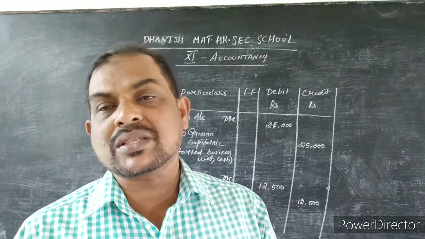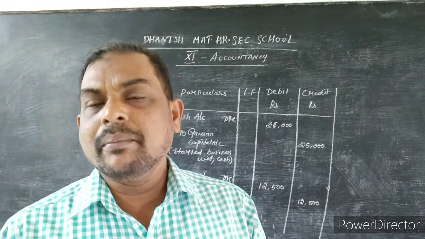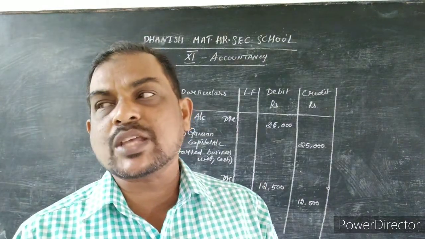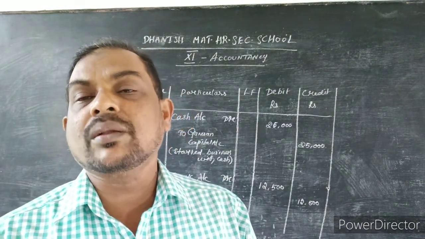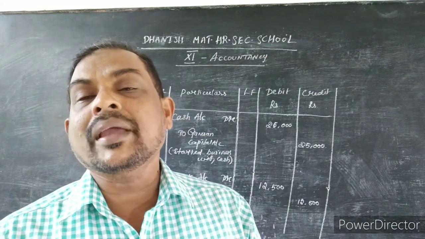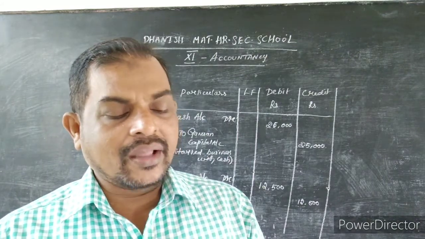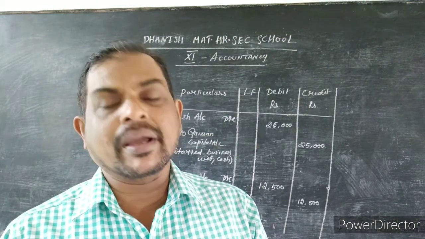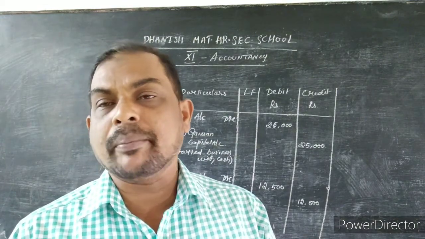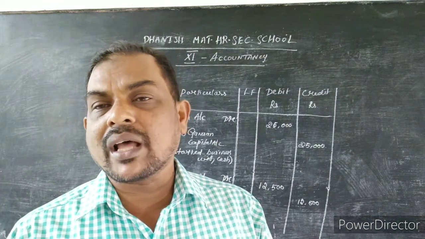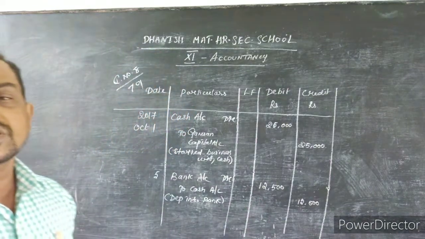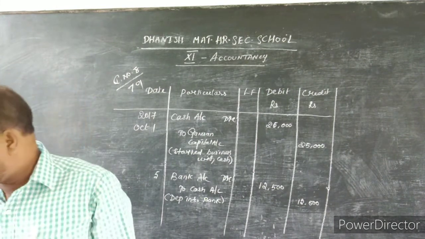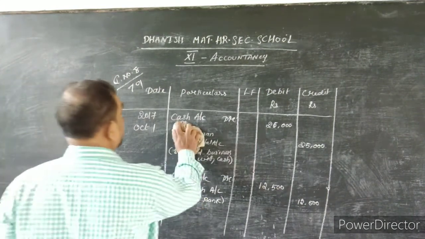Purchase of goods means purchase account as per the nominal account rule. But here the purchase of furniture is an asset. So as per the real account rule, furniture account will come in the debit side. This furniture is purchased in which mode? By check, that is bank. Check means bank. So the third journal entry is furniture account debtor to bank account.